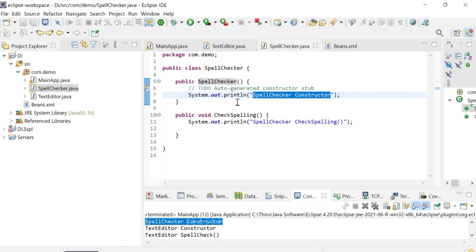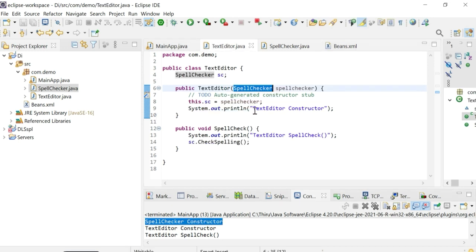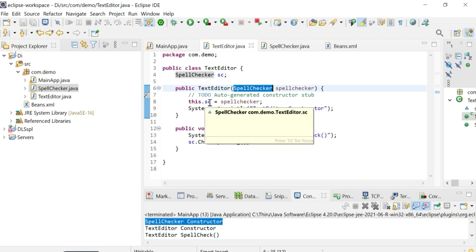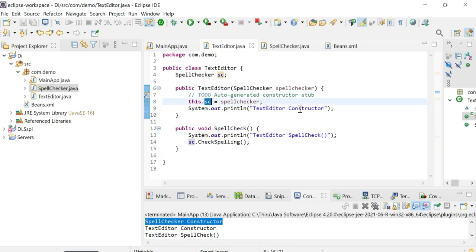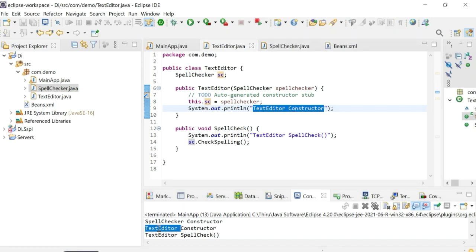Then move on to text editor. Here you can see the spell checker object is passed as an argument, and the spell checker is assigned to the spell checker reference object sc, and then text editor constructor is printed on the console. That's the reason you can see text editor constructor.